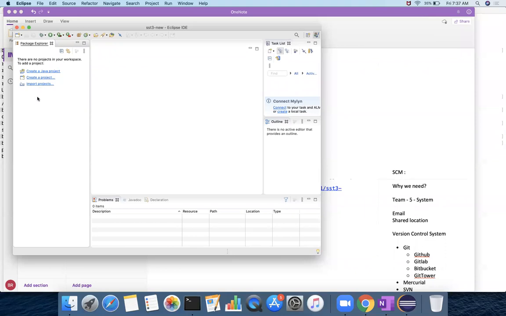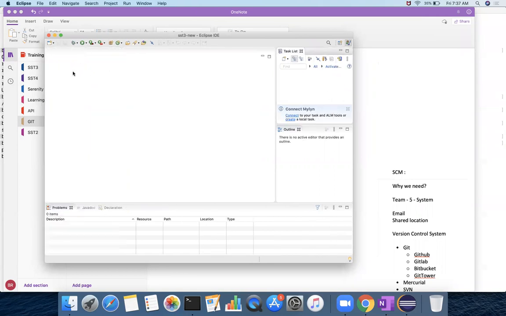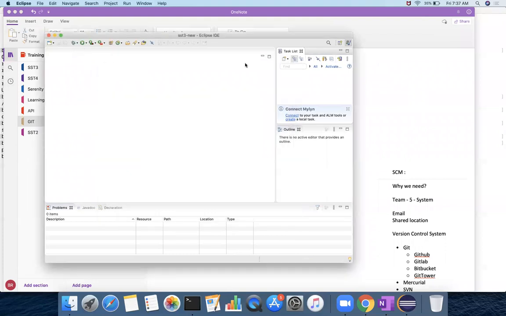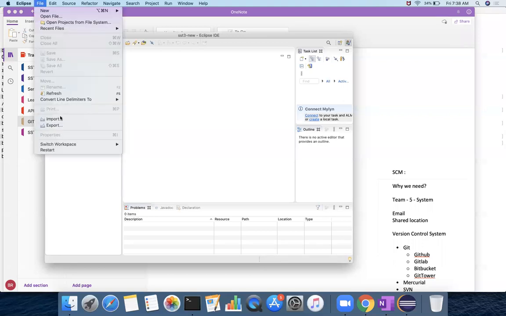So right click. Generally right click should work, or else you go to Import.